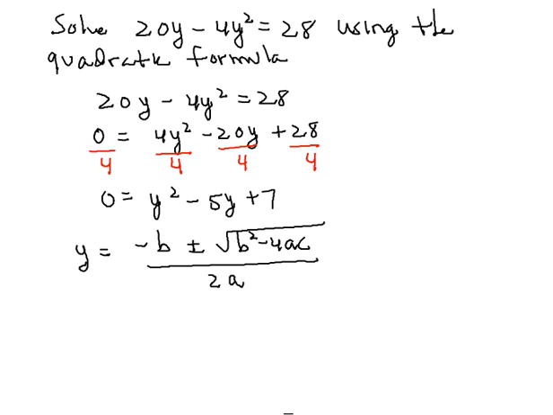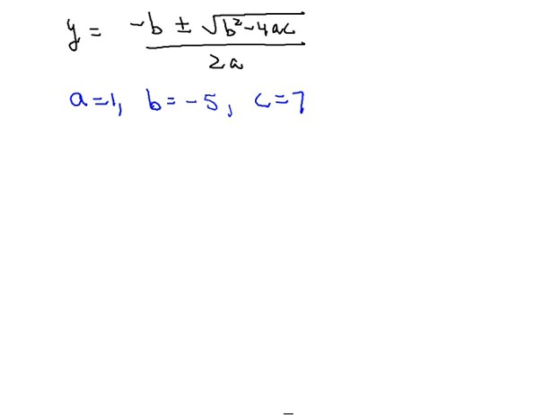And we know that a is the coefficient of y squared, so a will be equal to 1. b is the coefficient of y, so b will be equal to negative 5. And c is the constant term, so c will be equal to 7. So substituting the a, b, and c values into the formula, we will have